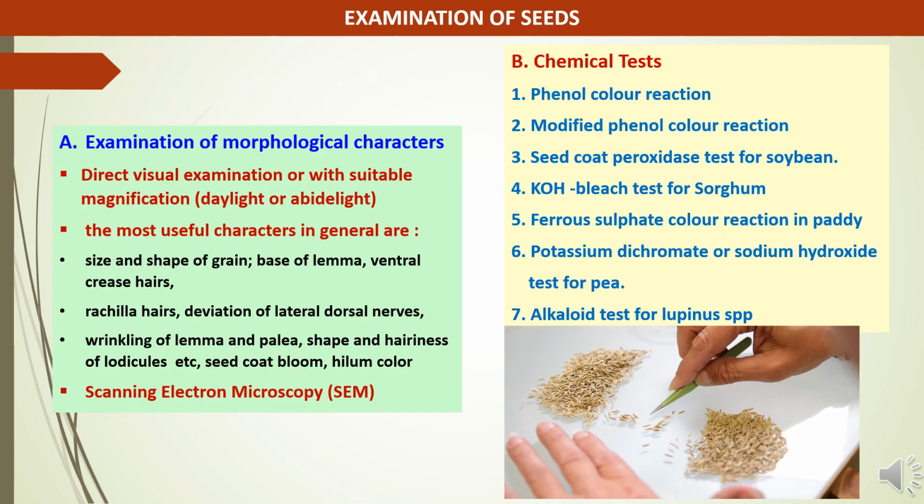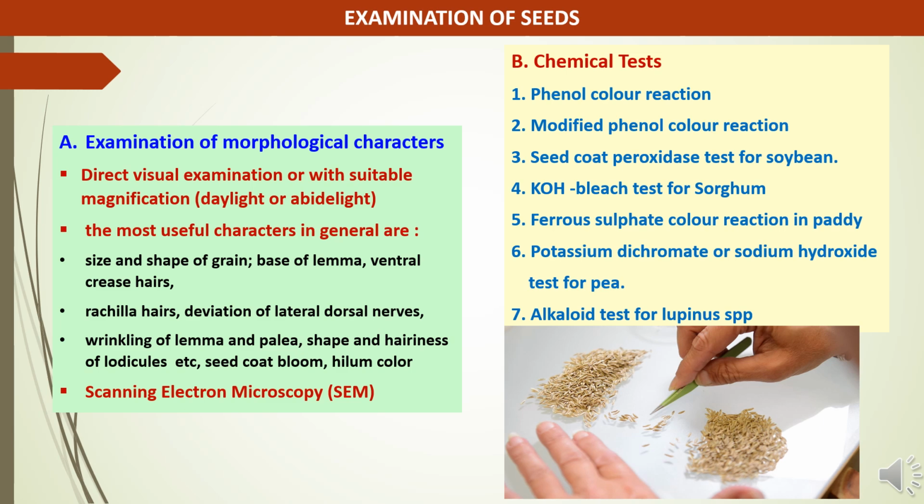Now we will go through examination of seeds. There are different methods about which we will study here. First one is examination of morphological characters. The morphological characters of the seed grain can be observed by direct visual examination or with suitable magnification. The most useful characters in general are size and shape of grain or seed, base of lemma, ventral